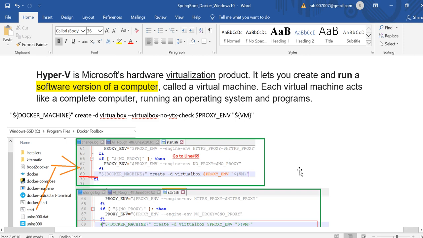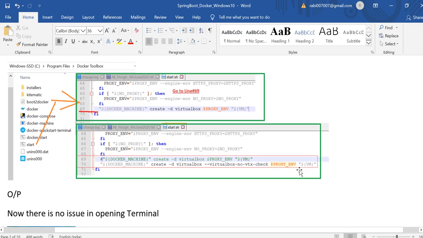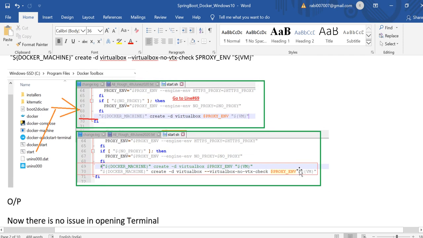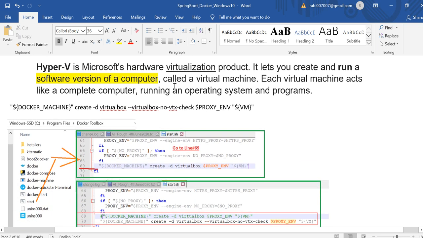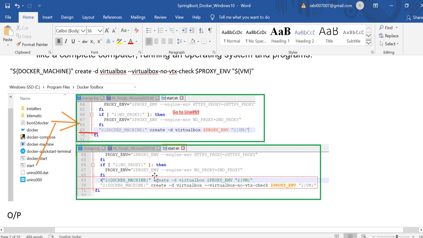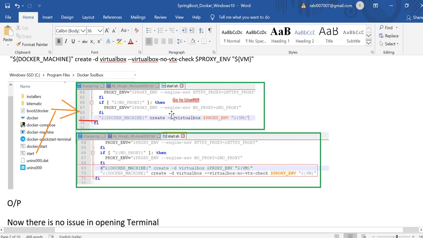Now to disable it, what I have to do is check where Docker Toolbox has been installed. I'm going to click on start.sh and edit it.